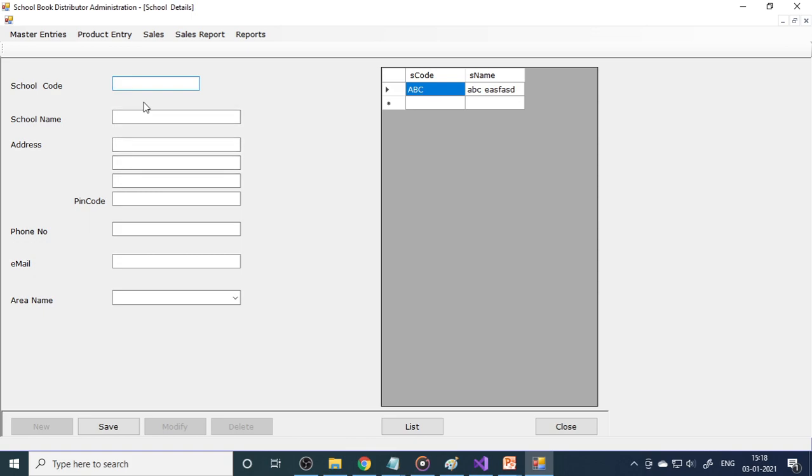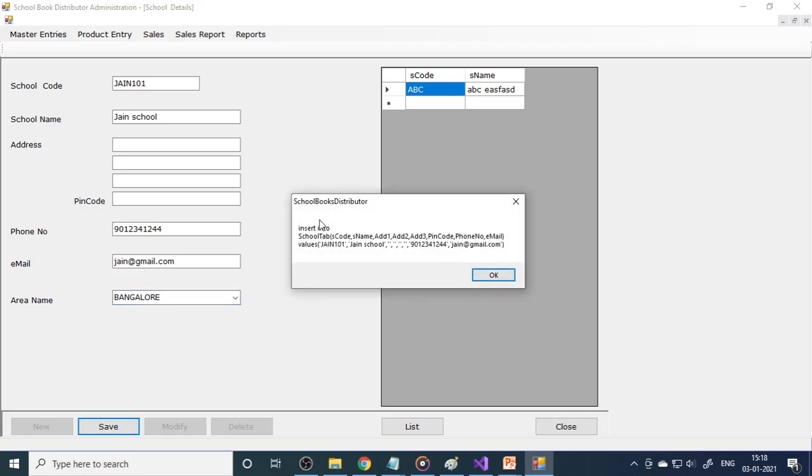Okay, so let's give the school code. Right. So here is Jain School. So I'll give it as 101. So this is Jain School. Then you can take the address over there, complete address, and here is the phone number and mail ID. We have a separate video on how to validate mobile number and email ID. So please watch that. And as I told already, the entries already done will come over here because we wrote the code for that.